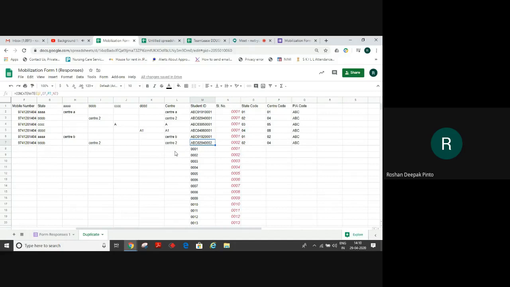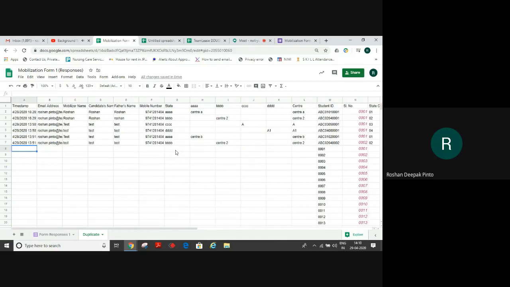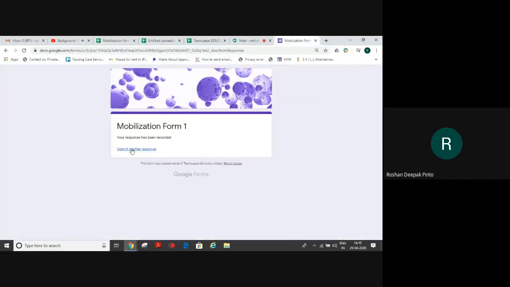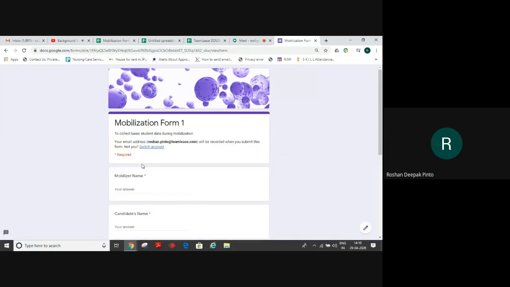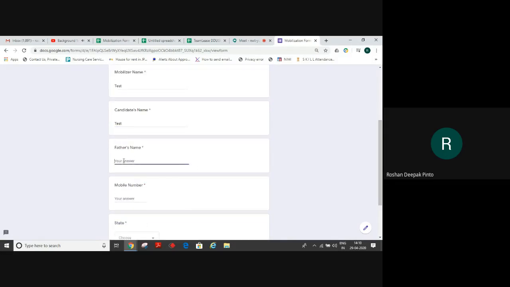Now to show you how this works when new data comes in. So in this row 8, you don't have any data. What I will do is I will go to my mobilization form and submit a new response. Test, test, test, and you have a mobile number here.